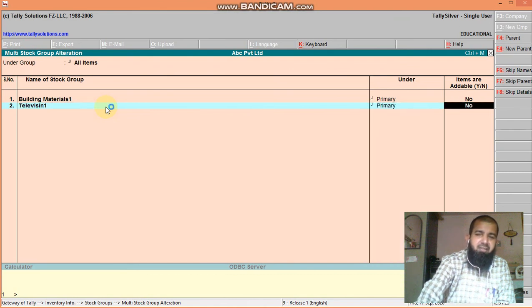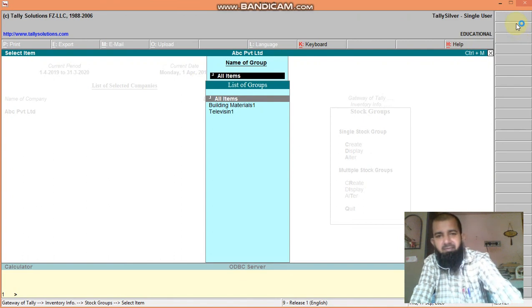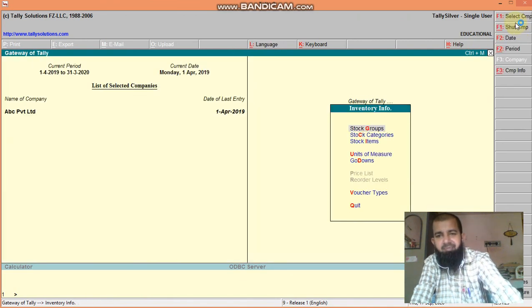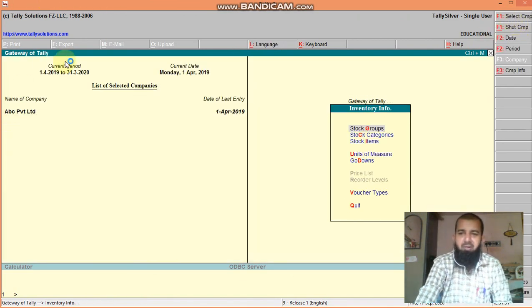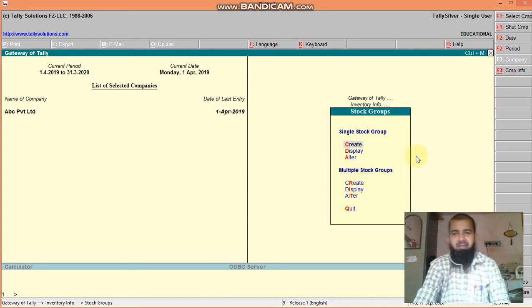Like this, if you want to alter, you can alter. Clear, no? Okay, this is about stock group, in that single and multiple stock group. Under single you can create, display, alter, and delete. Under multiple you can create, display, alter. Clear, no? Okay, thank you.